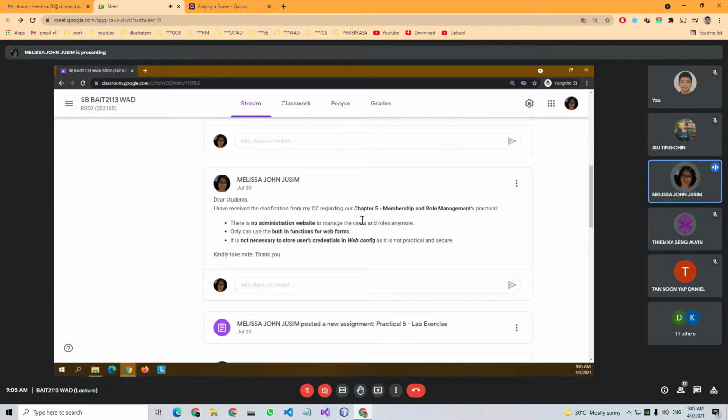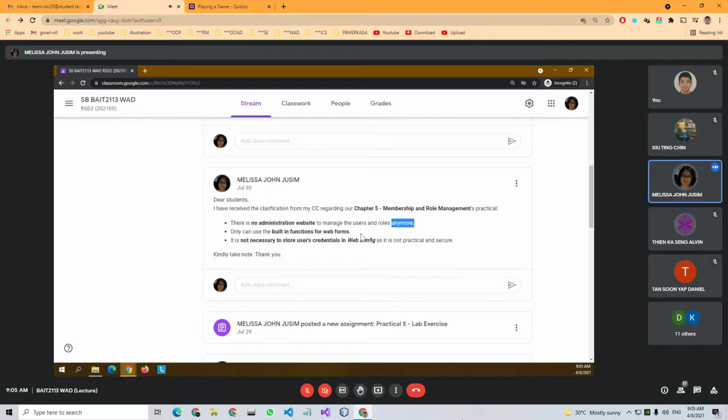And this is her reply. There's no administration website, meaning we no longer have access to the administration website tool where we can create users, create roles, and add users to the role. No more. There is no administration website to manage the users and roles anymore.